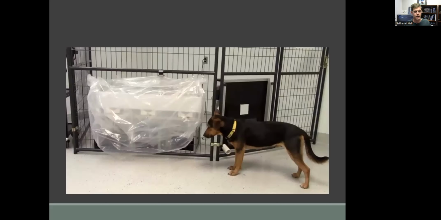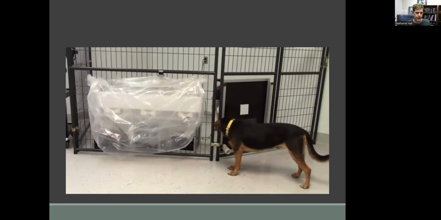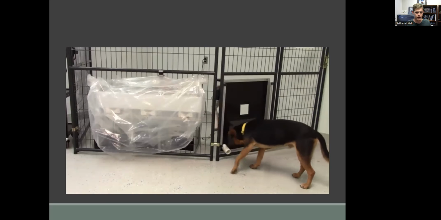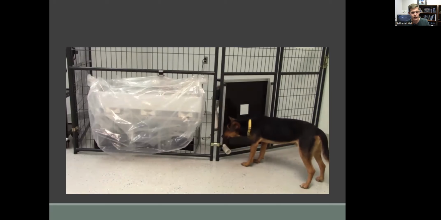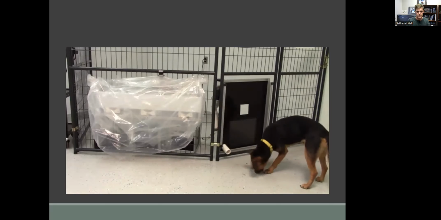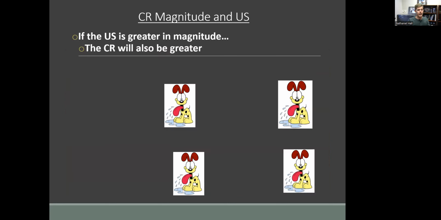So we do this a couple of times, and within a couple of sessions, this will start to look like the dog is hanging out, tone turns on, a bit of a recognition response towards that, and you can see they go straight towards where the food is anticipated to come out of. So a very simple type of conditioned response that occurs. So responding increases until it reaches this asymptotic level,